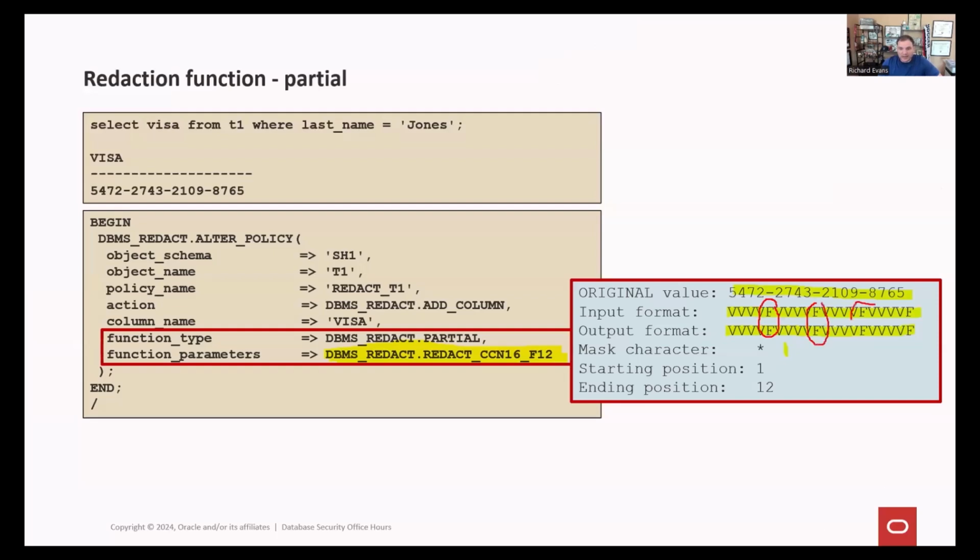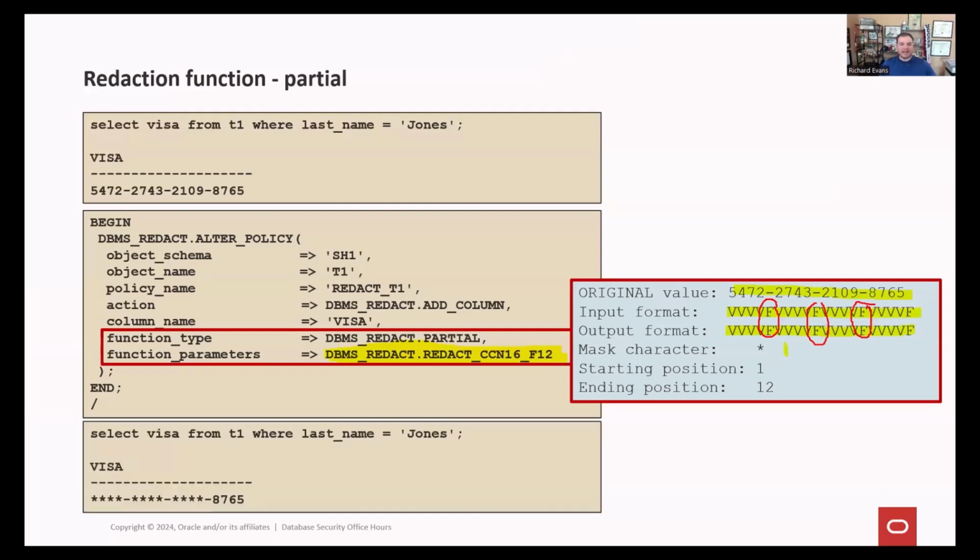And so we've got them here for you and that you can keep. And instead of masking with an X, we're going to choose to mask with the percent symbol instead. So we went from seeing full data to adding a partial redaction policy using our built-in format to only seeing the last four of the credit card information here.